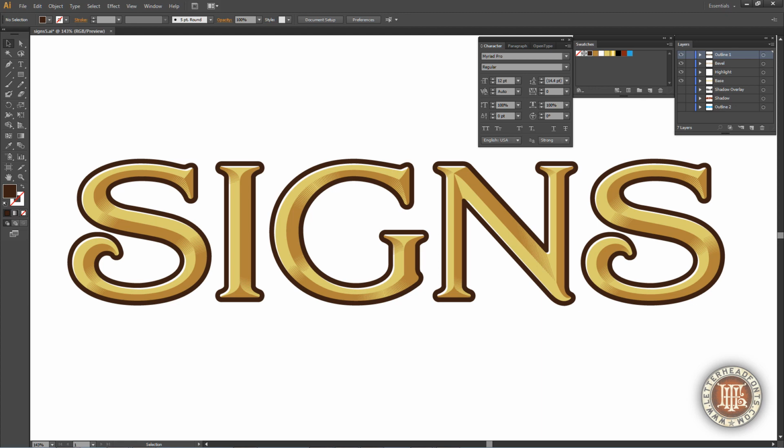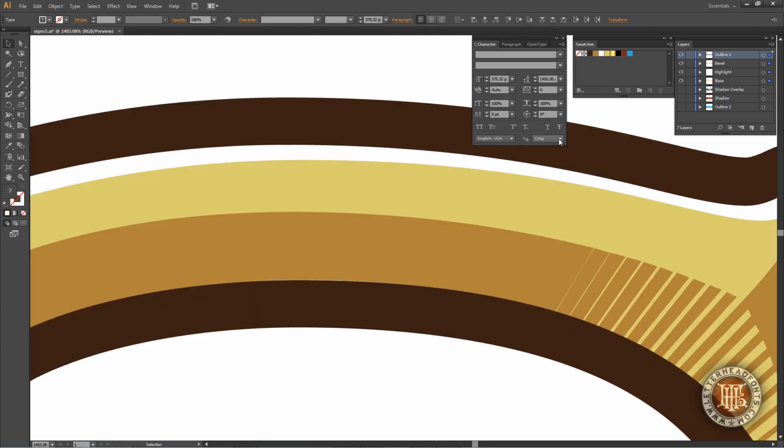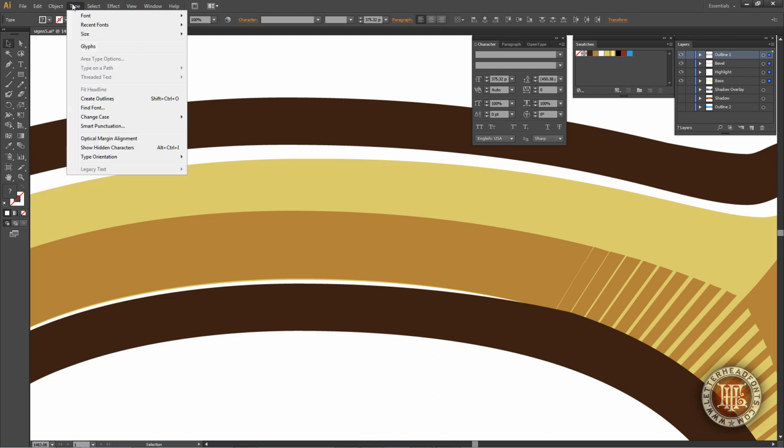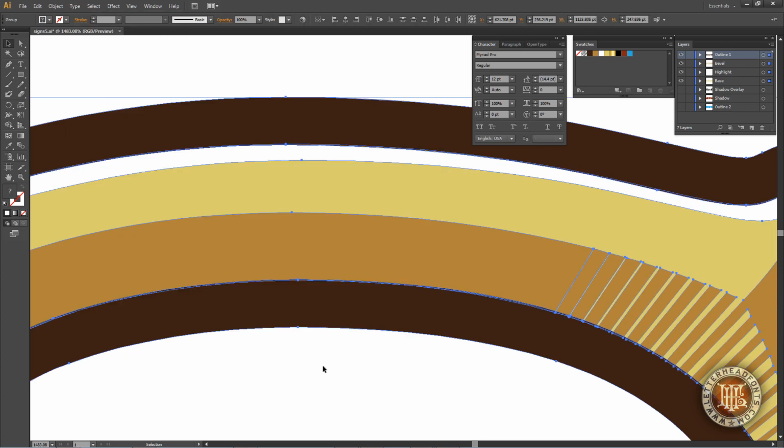Now let me show you how silly all of this really is. We'll change our text layers back to sharp so that we have that extreme gap again. Remember I said that the text really doesn't look like that? What I meant was the underlying paths that create the shape of the letter are still correct. So if you change the text to vector outlines, you'll see the actual paths as we drew them.